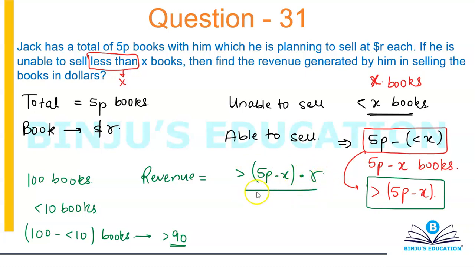into R. You will be having like 4 options. They will obviously not ask you to grid in this. That's not possible. They will give you 4 options. You will have less than sign, greater than, equal to, less than or equal to. So you just have to mark the correct one. But the important part is you need to understand how to solve this, or how to approach questions like these. Okay.